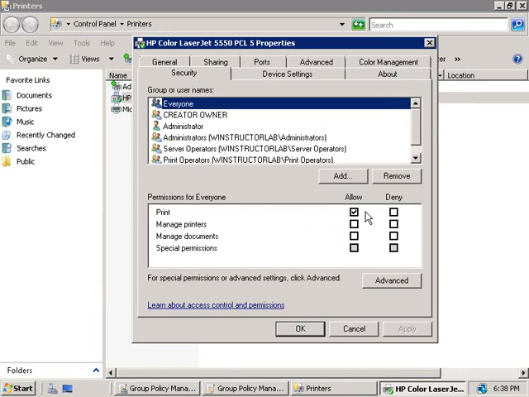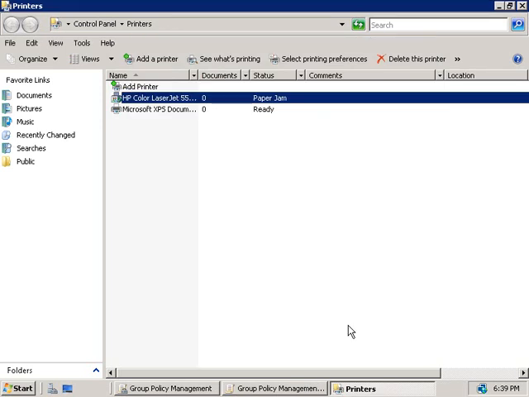When you require more than the default security on your printers, you should come in here and remove this Everyone group and only add in groups that require access. That way, anyone who's not a member of these groups you add in here will be denied access to this printer. Now, the final thing we want to talk about in this video is relocating the print spooler to another